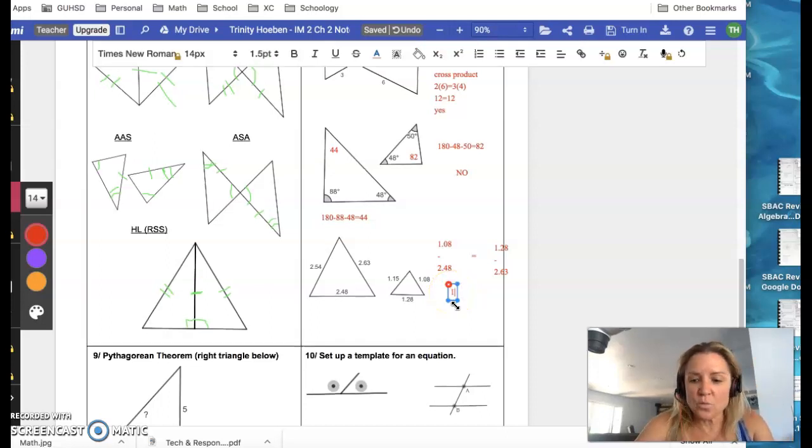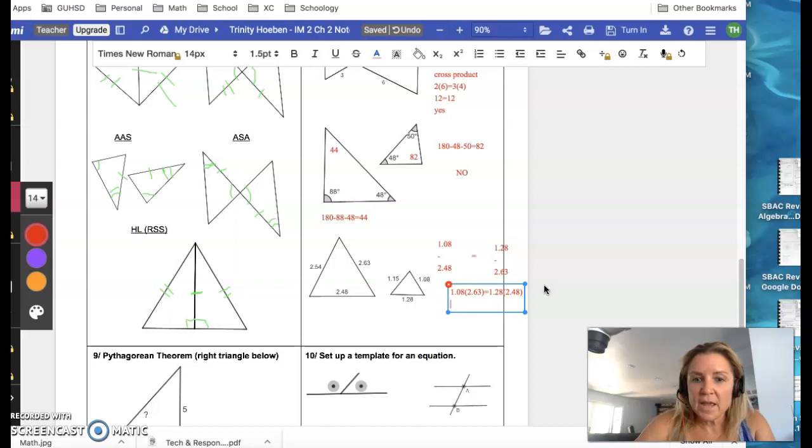So I'm going to take the 1.08, and multiply it by 2.63. Then I'm going to multiply the other cross product, so that would be 1.28 times 2.48,